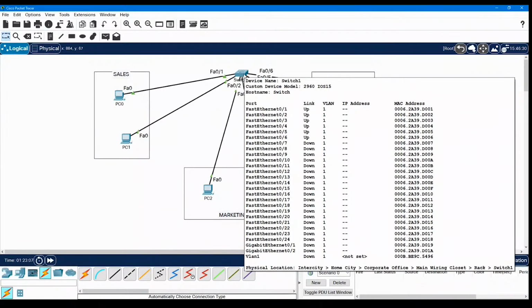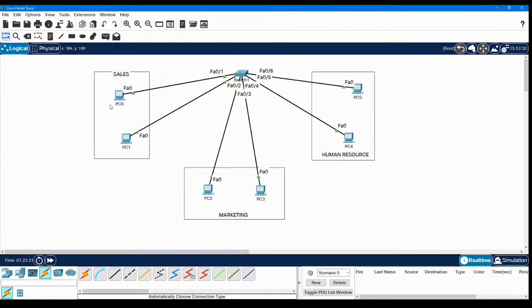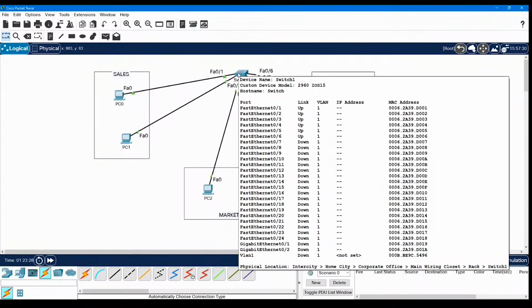So every device which is connected to switch is by default in VLAN number 1. I hope that's clear to you all. Now what we are going to do is we will try moving PC0 and PC1. We know that they are connected on FA01 and FA02. So we will try moving FA01 and FA02 from VLAN number 1 to a different VLAN, so that they cannot communicate with devices which are there in VLAN 1,